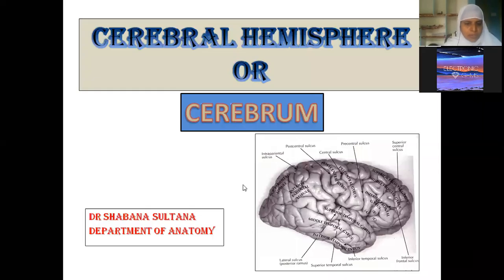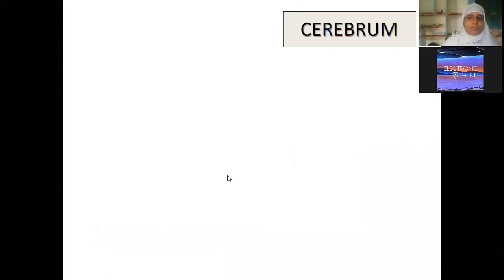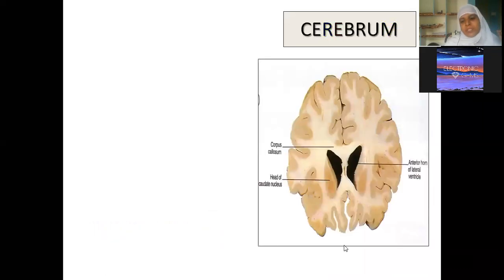So we are going to discuss cerebrum today. How many cerebral hemispheres are there in the brain? In neuroanatomy, we have two cerebral hemispheres. When you see the cut section of a cerebral hemisphere, you can see the organization of gray matter is outside and